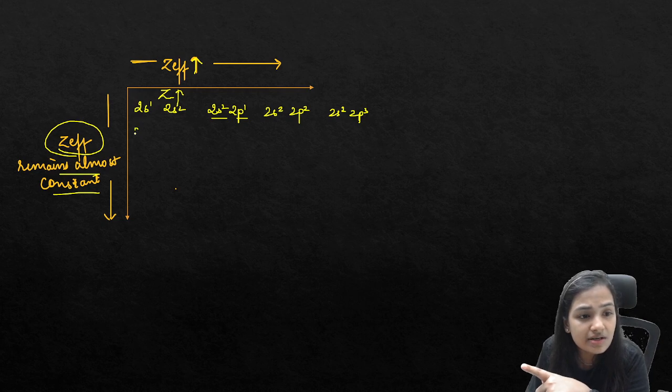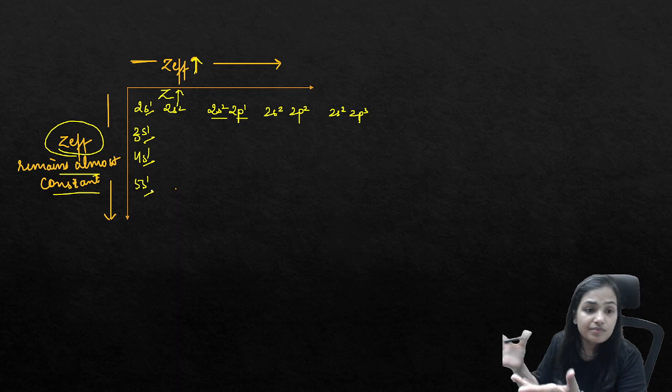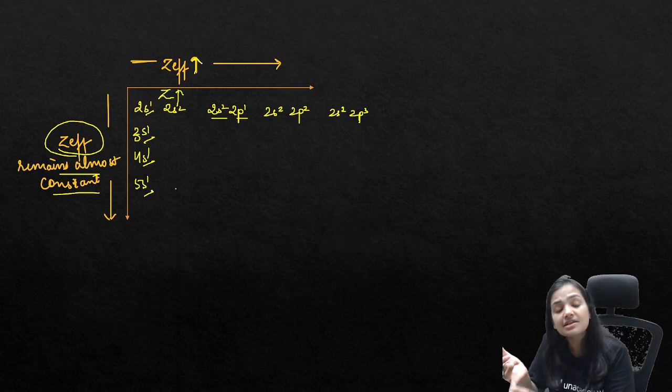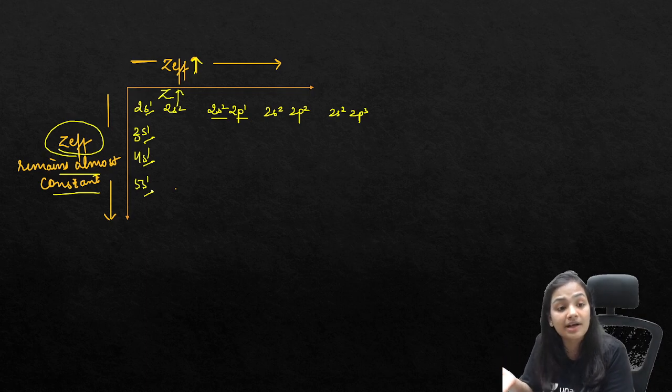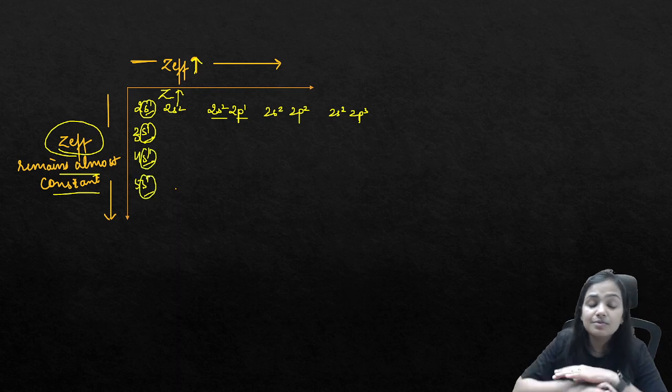But here, this is 2s1, this is 3s1, this is 4s1, this is 5s1. So in the shape of the orbital, is there any change? No, there is no change. What I told you is that the shielding effect is a property of the shape of the orbital. So if there is no change in the shape of the orbital, this is s1, s1, s1, s1, so there will be no change